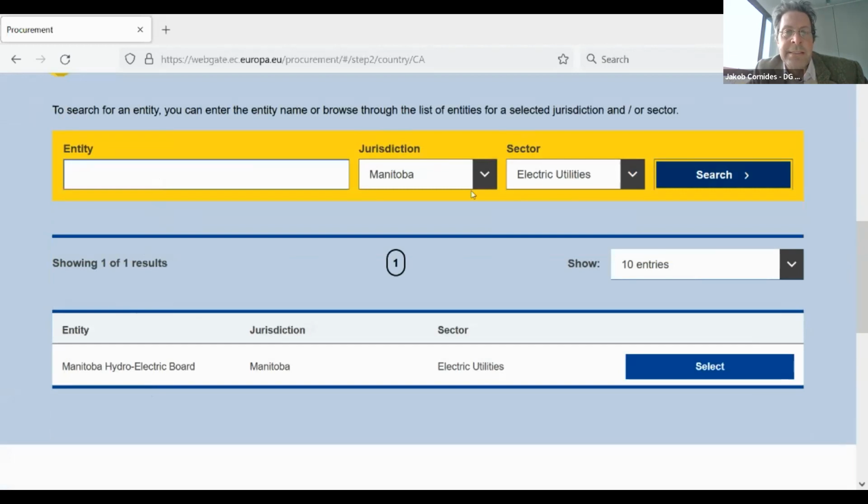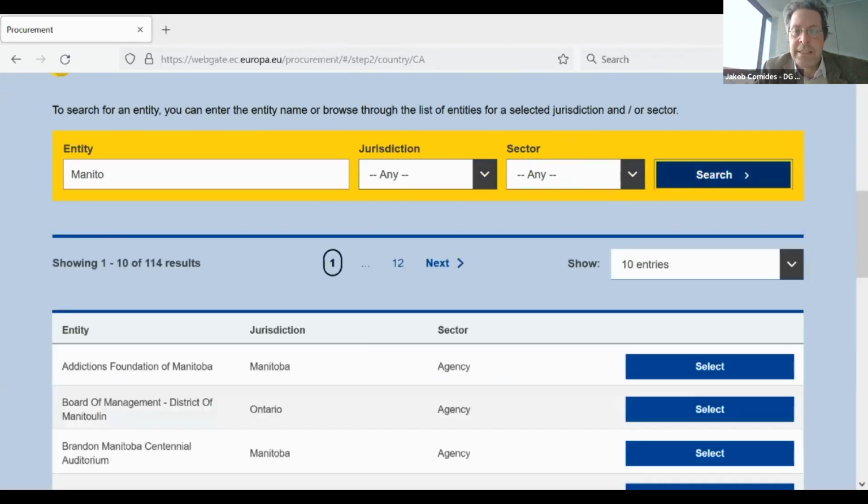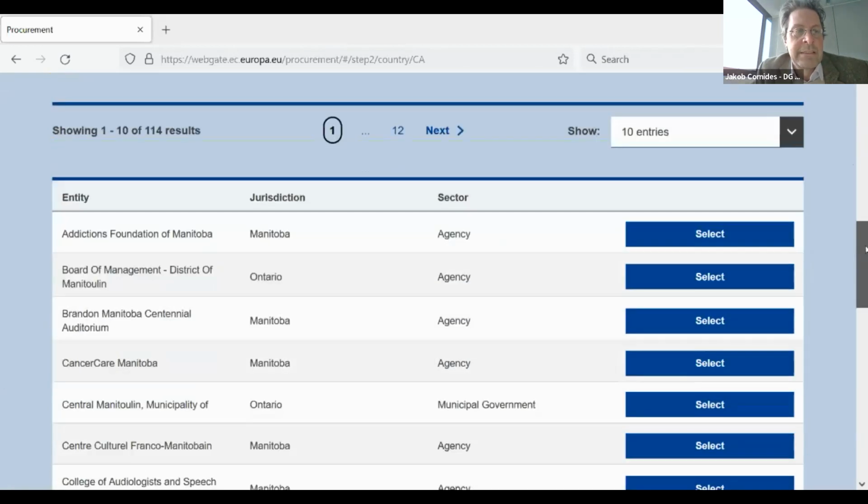There's of course also another way of arriving there. You can use those search helps separately and independently, but you could also type in part of the name and search, and this gives you a list of relevant entities.